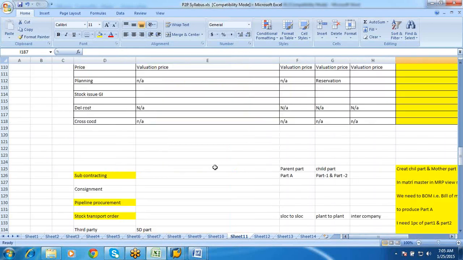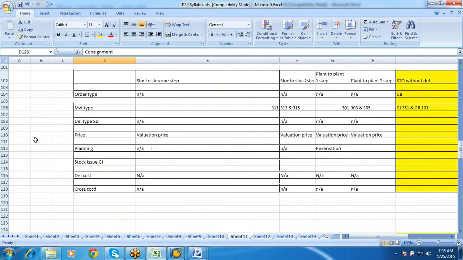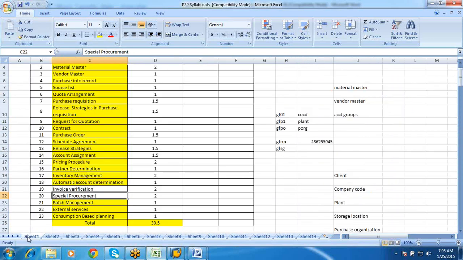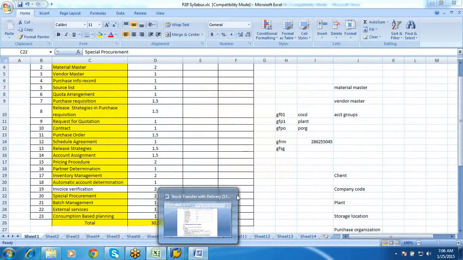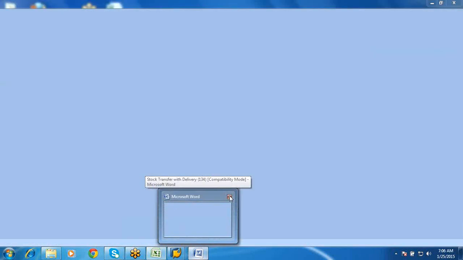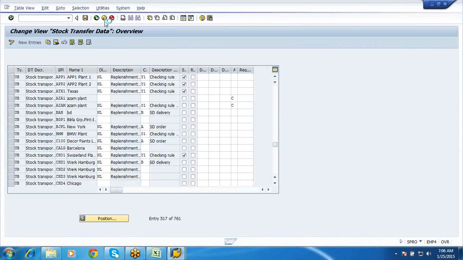Okay, so next let us move on to the invoicing part. Invoicing is the last step in your procure to pay cycle. Everything else is done, and only then would we have the invoice verification. So now let me go to the configuration part first. There are certain configurations which we need to see. That is the standard ones only.